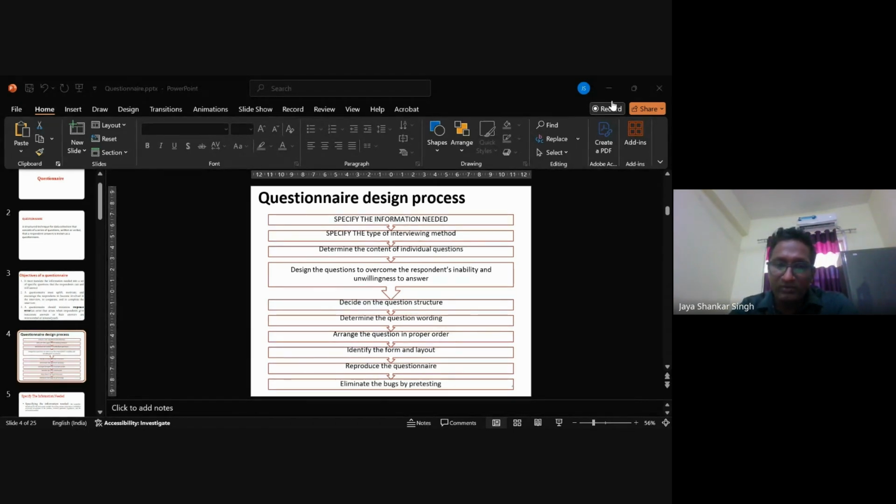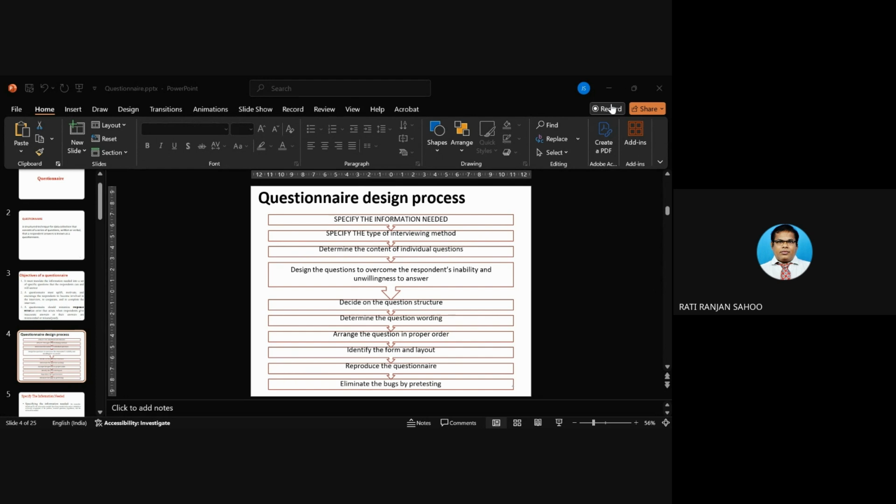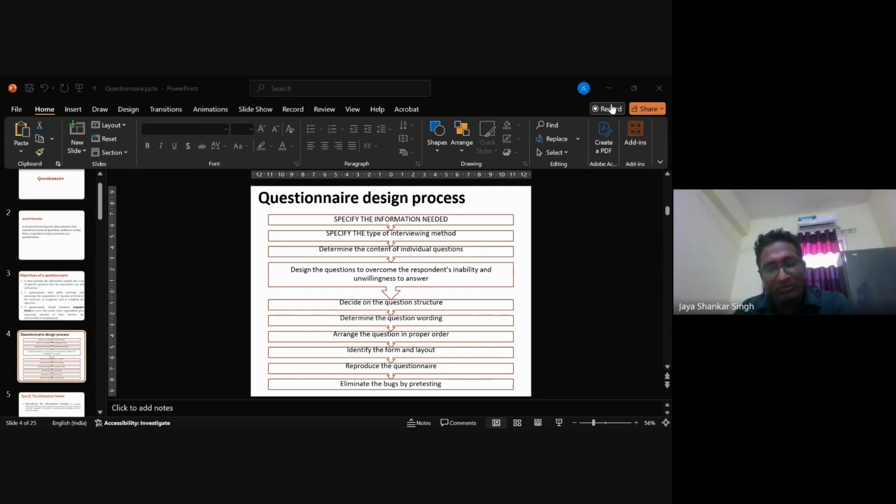Now that is the experimental design: before introducing new government policies or the implementation of something new to uplift women, whatever activity they are doing. Suppose they are educating women, providing job opportunities, or giving loans for starting their own business, and how their life has changed before and after. I will measure those things and say, okay, fine, this particular policy is working, so we should go with this policy throughout India.